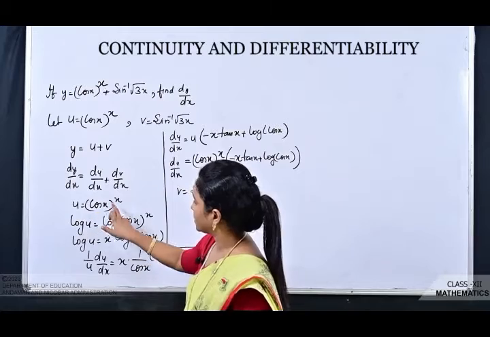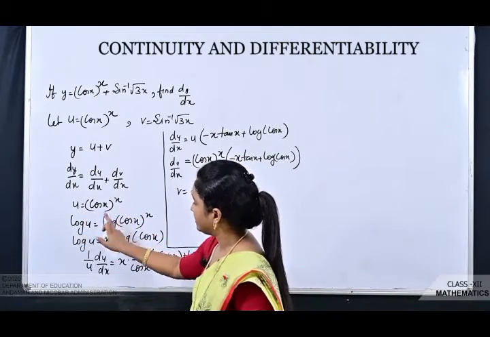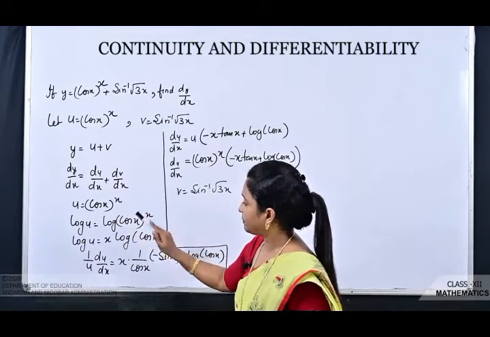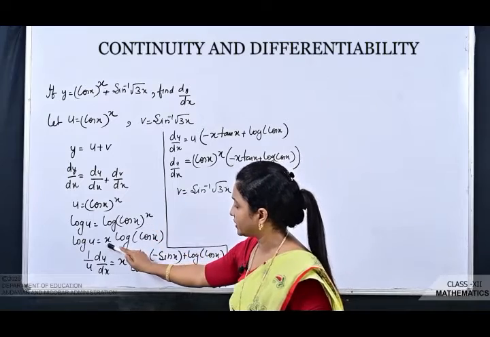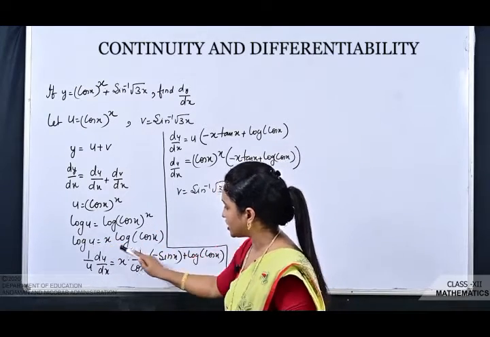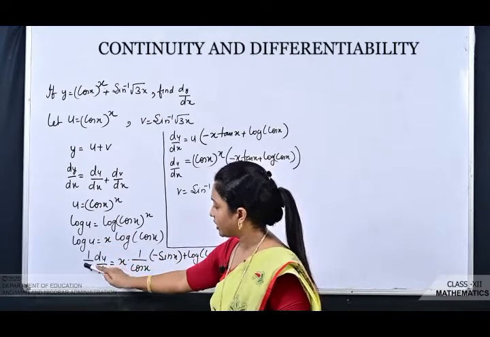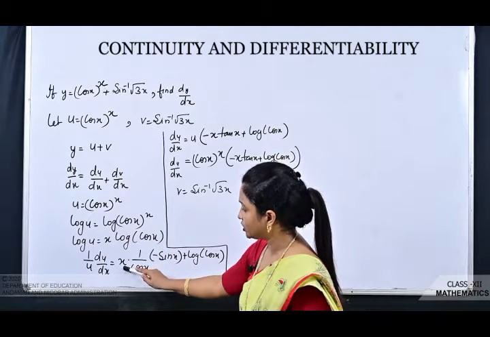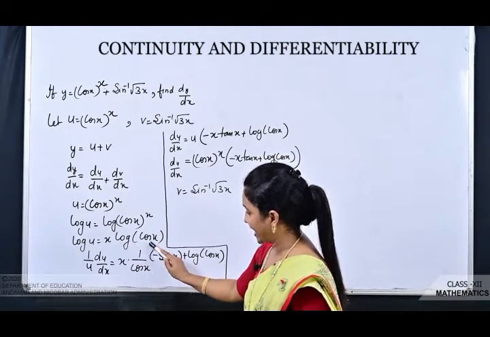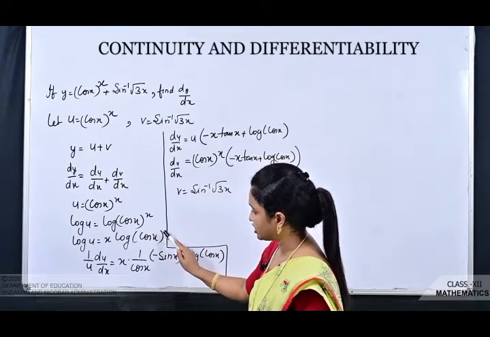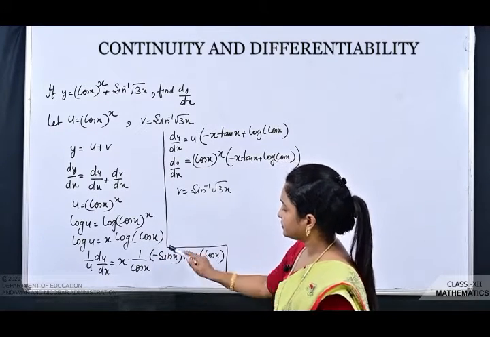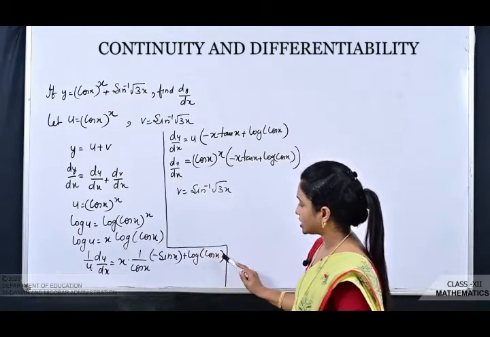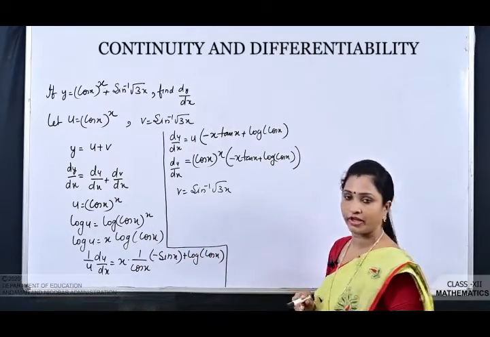So u is equal to cos x to the power x. Taking log on both sides, log u is equal to log cos x to the power x. Now again apply the property log x to the power m, x will come in the front: x log cos x. So differentiating with respect to x, log u will be 1 by u du by dx is equal to, apply product rule here: first function, derivative of second, which is log cos x, so 1 by cos x, because in place of x you have cos x. Apply chain rule, derivative of cos x will be minus sin x,